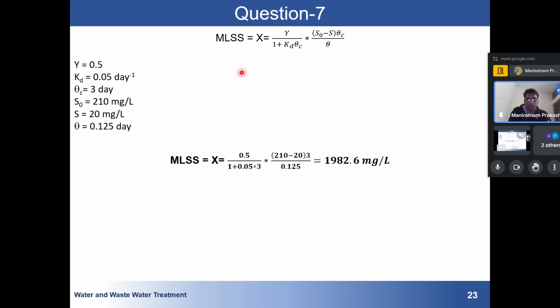I don't know which year you are in or what you are doing currently, but suppose you have studied this course. After this course, try to visit any treatment plant and see whether whatever you have learned from the course is being followed in that treatment plant or not. This will be a good experience. You can apply to any treatment plant as part of your internship, or just a small visit. You will see that people are using this kind of equation, whatever I have said initially,